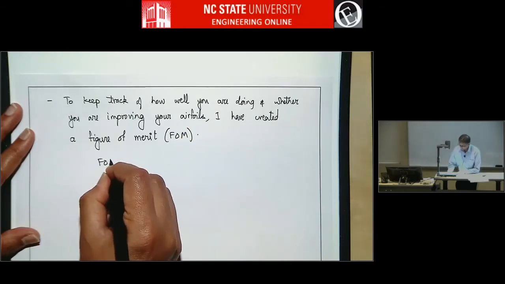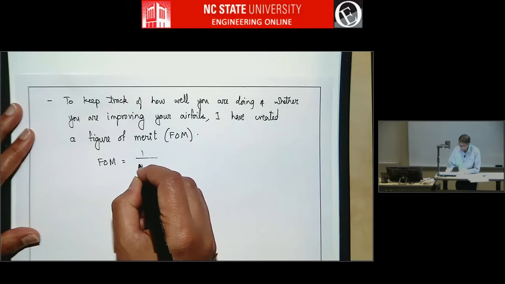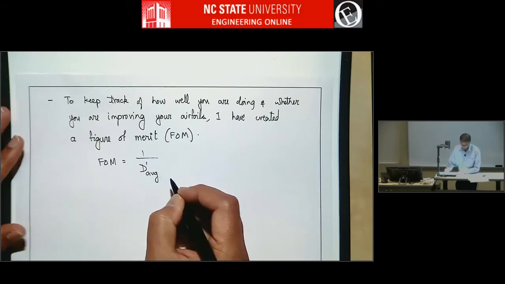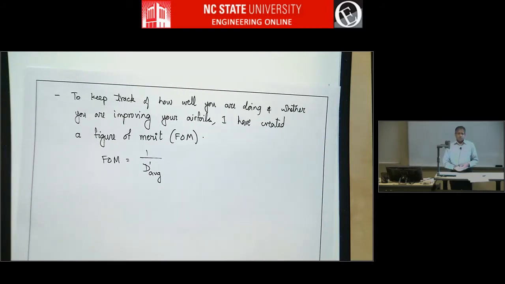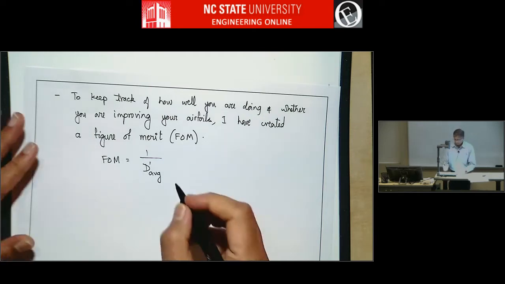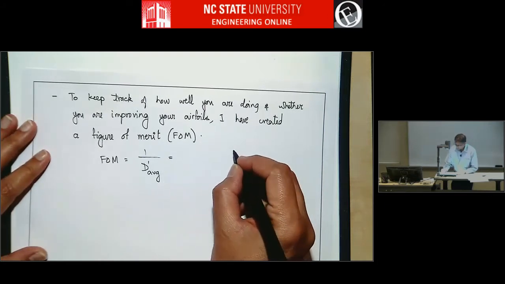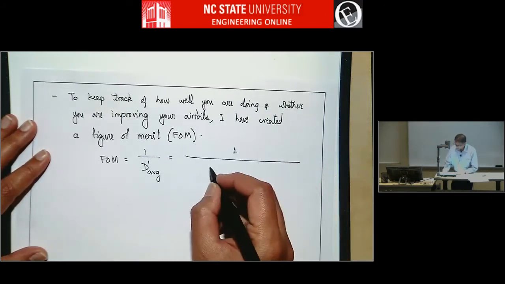So this FOM equals 1 over d prime average. D prime is drag per unit span, right? So you'll have 4 drag per unit spans. For airfoil 1, you'll have drag per unit span at 0 degrees and 2 degrees at 30 meters per second. Airfoil 2, you'll have drag per unit span again at 0 and 2 degrees, but at 60 meters per second. So if you take the average of all those,